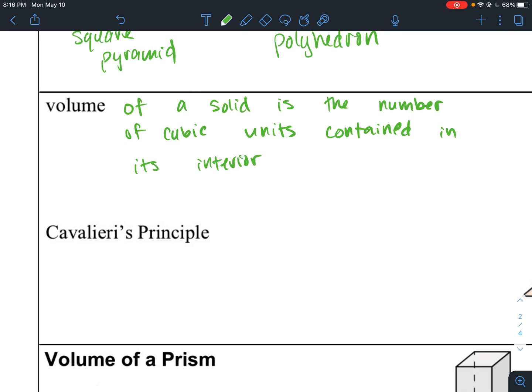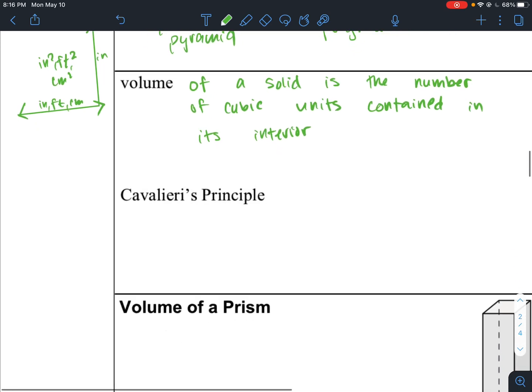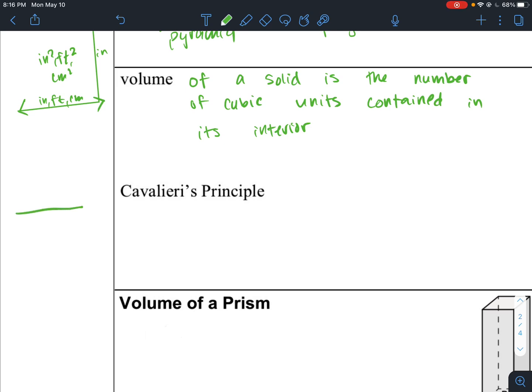Okay, so cubic units. Now, let's think about units first. A unit that is one-dimensional, like a line, is measured in something like inches or feet or centimeters, and so on and so forth. But area, which is two-dimensional, is measured in inches squared, or feet squared, or centimeters squared. A cubic unit, which is three-dimensional,